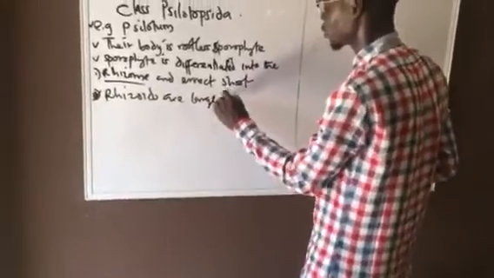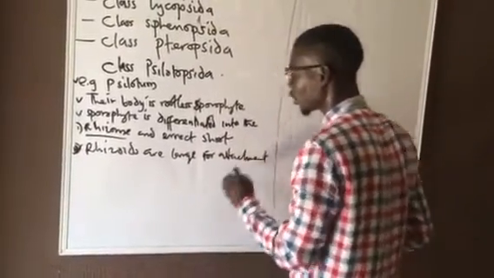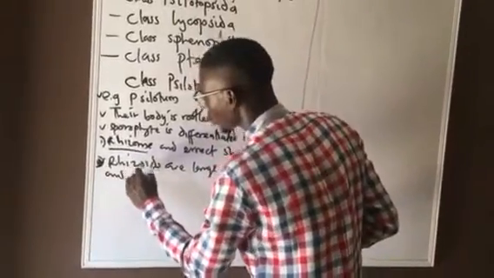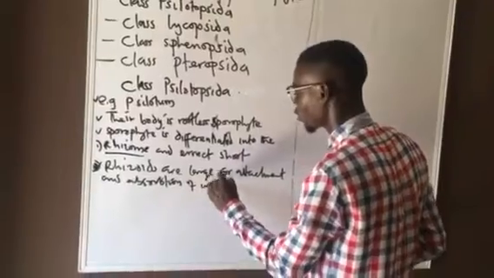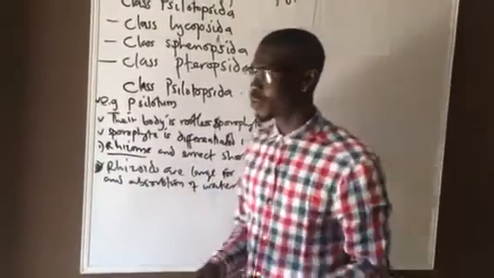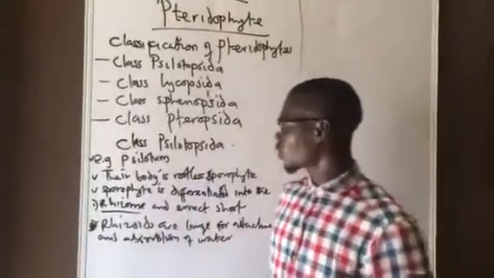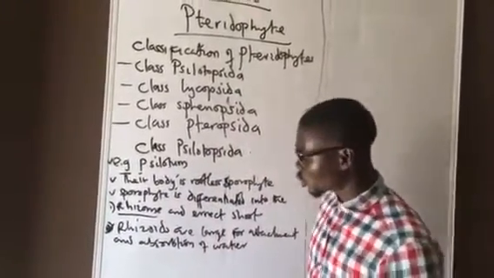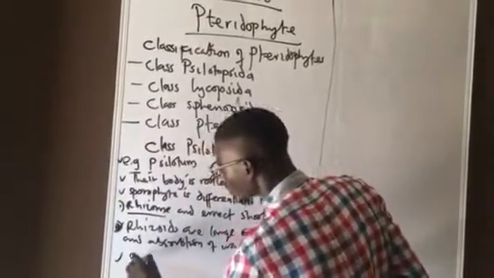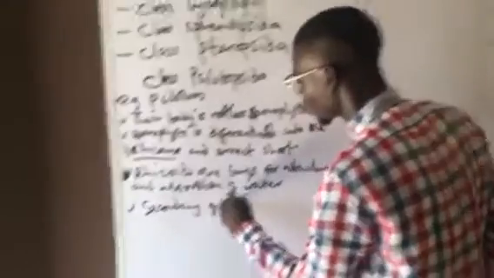They are large for attachment and absorption of water and mineral salt. So that is the characteristics of Psilotopsida. This group doesn't have secondary growth. Secondary growth is absent in this group,